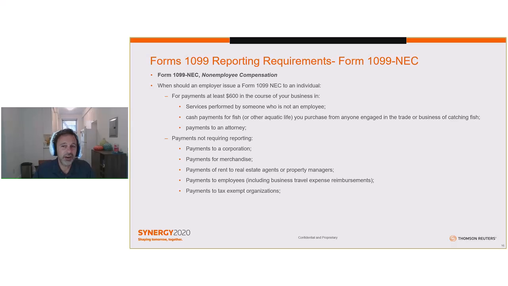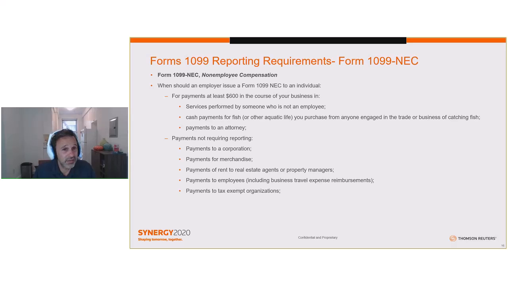So now for 2020, we have our new form, the 1099 NEC for non-employee compensation. This form also has a threshold of $600 as to whether or not you have to file it. This is really the replacement of the old 1099 miscellaneous box 7 non-employee compensation. This is really for any payment you make for services performed by someone who is not an employee, so an independent contractor,